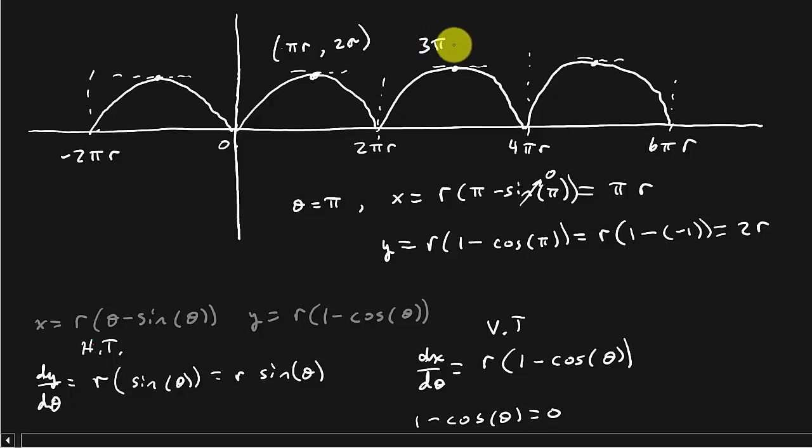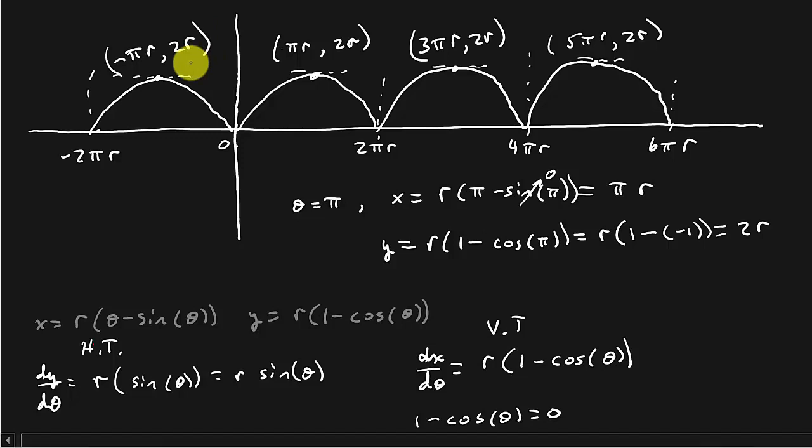And then you could do 3 pi r, 2r. I mean, all the y values are going to be that. And then you've got 5 pi r, 2r. And you would just take 3 pi, plug it in for x and y to get that. And then you've got negative pi r, and then you've got 2r. All right, so